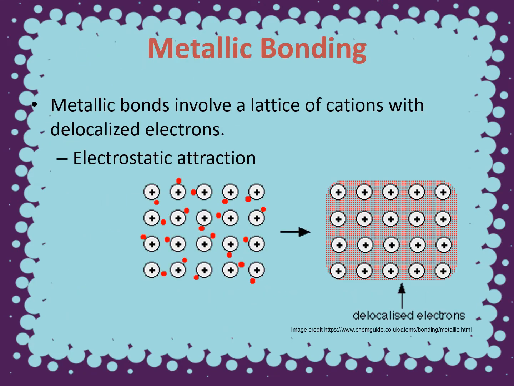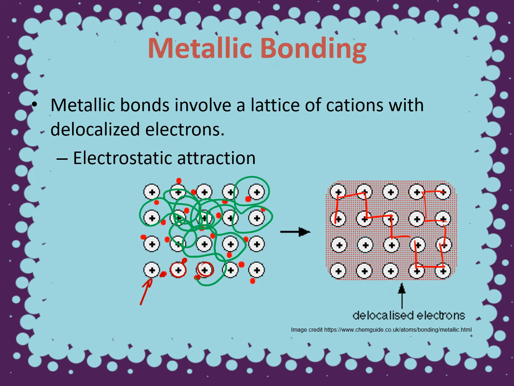So metallic bonding, what even is happening is our metal atom, so here's a metal atom with its valence electron, atom with electron, atom with valence electron. And what's going to happen is the atoms are going to release those valence electrons, and those valence electrons are just going to flow around the cations willy-nilly. There is no specific pattern, they just flow around and around and around. The result is that we have this lattice of cations, so these cations that form this indefinite structure, and between them we have these delocalized electrons, those valence electrons that have just been released to flow around all of the